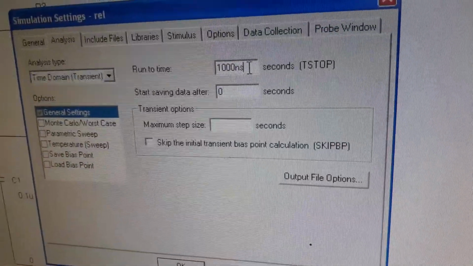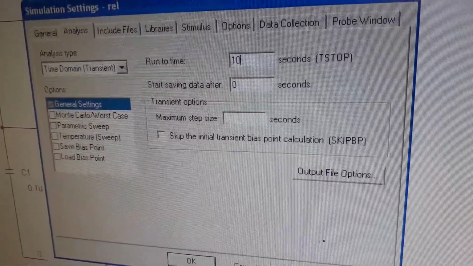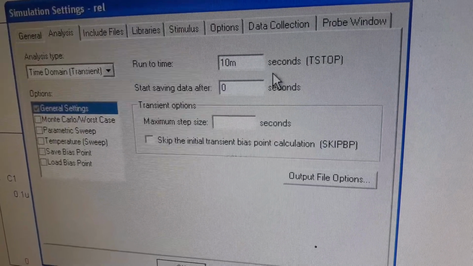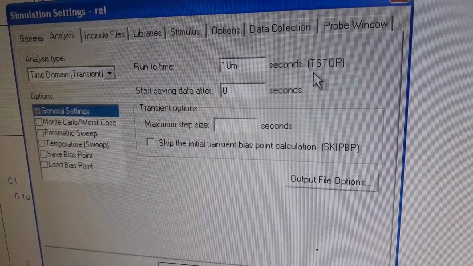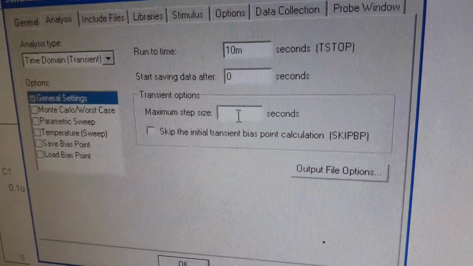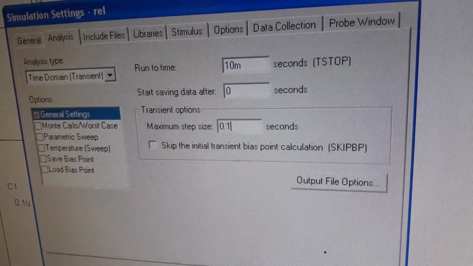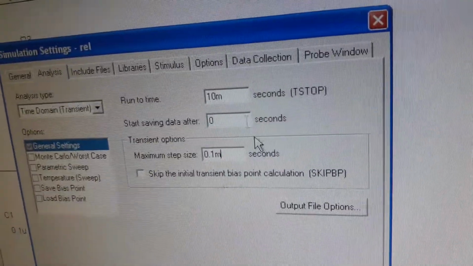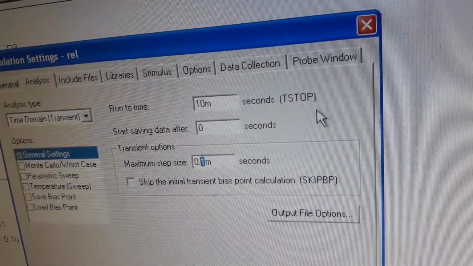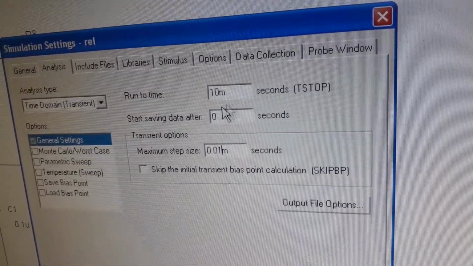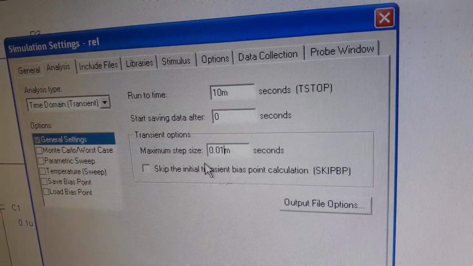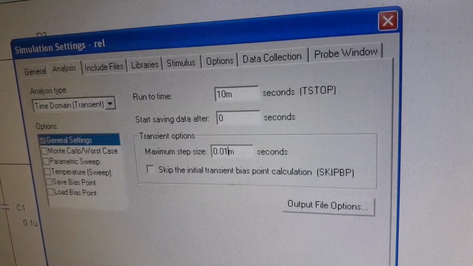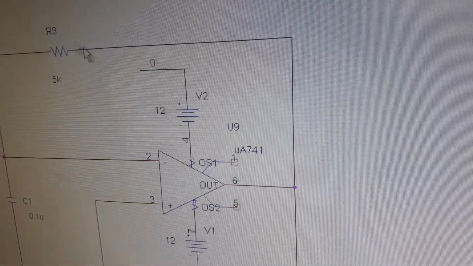Run to time is 10 millisecond, type 10m. You don't have to give second because the unit is second by default. Maximum step size should be 0.01 millisecond. Click on OK button.